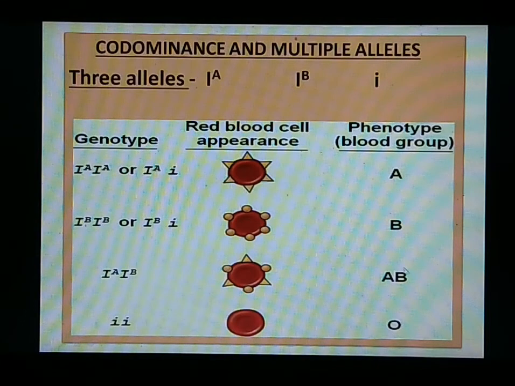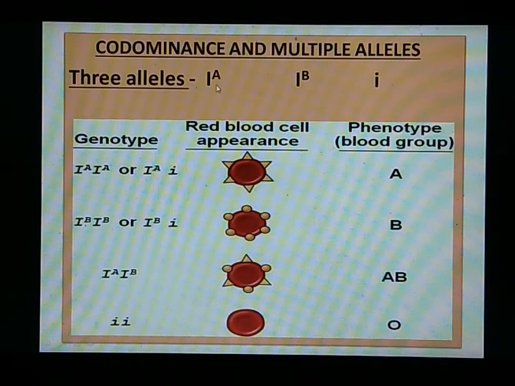Okay. But in AB blood group, we see that only IA IB individuals will be present. There cannot be any small i here. Okay, no recessive gene can be seen in these individuals. Similarly, in O blood group, we will see that there are 2 factors, that is small i small i. Okay, so we see that there are 6 genotypes, or combinations, which we will see in the population, but the phenotypes will be 4 types and there are 3 alleles.